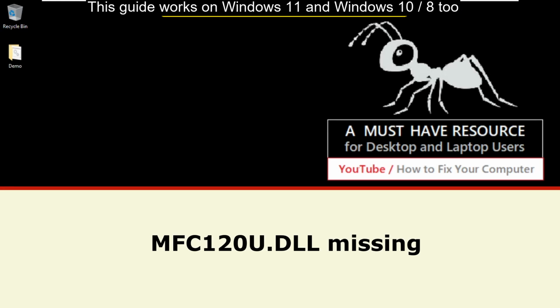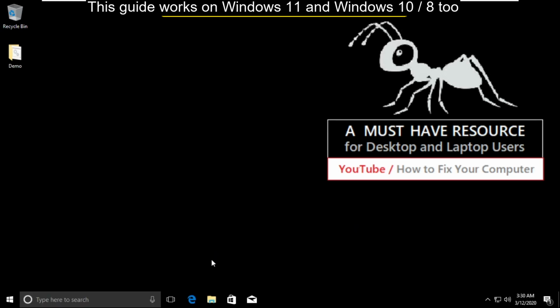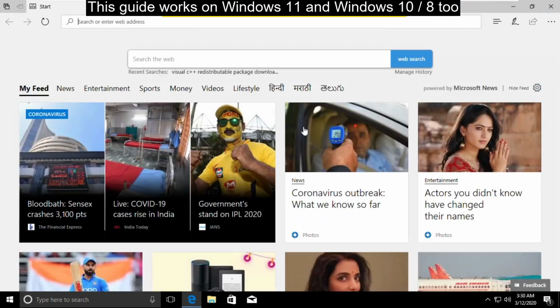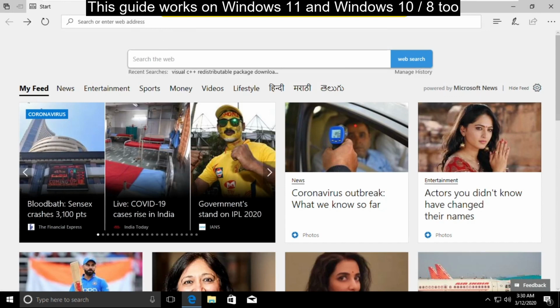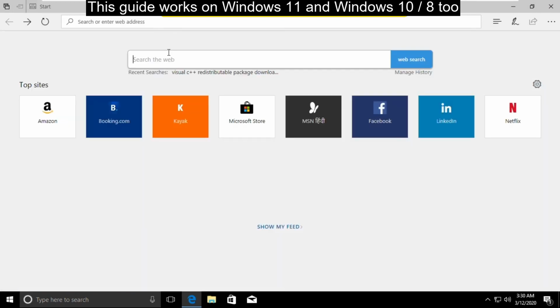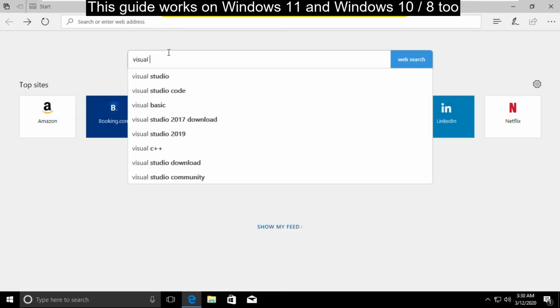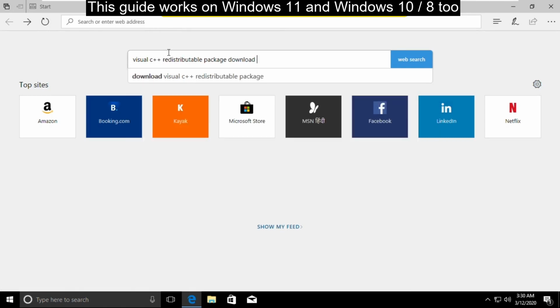It is just a two-step process to fix mfc120u.dll missing error in Windows 10. Open any web browser and search for Visual C++ redistribution package. Download Visual Studio 2013